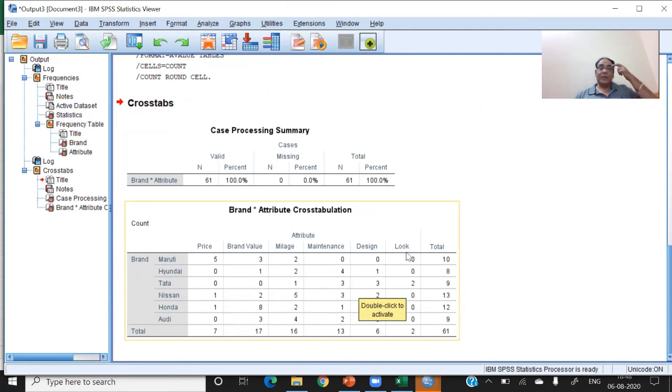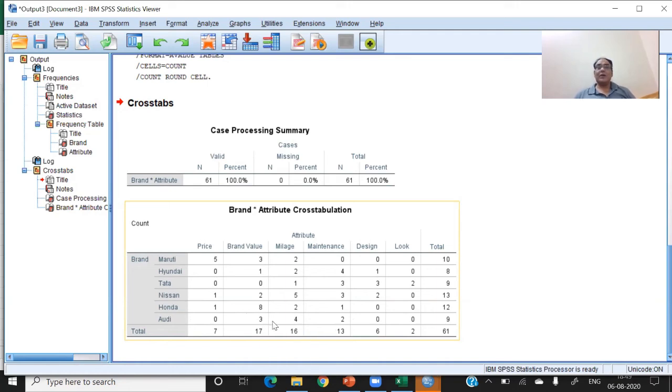So it seems that Maruti is famous for the price, the value for money. Hyundai is famous for maintenance, assumed to be a maintenance-free car. Tata is assumed to be maintenance and design. Nissan is assumed to be mileage. Honda is assumed to be brand value. Audi is assumed to be mileage, maintenance, brand value. These are the number of ticks we have in the research from the respondents.